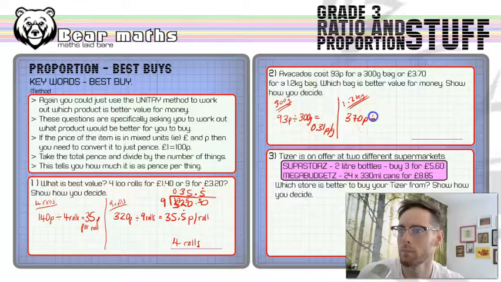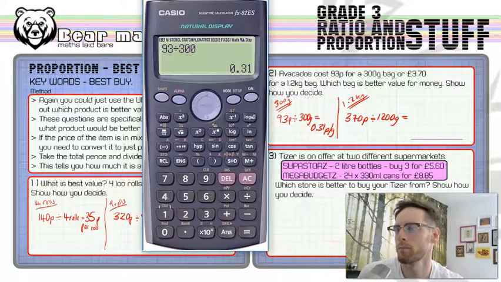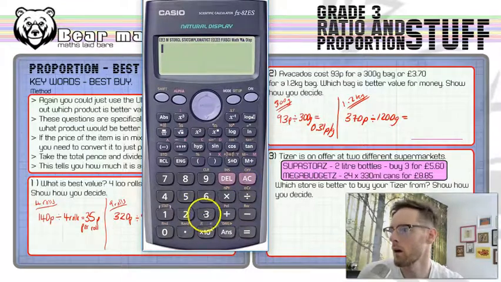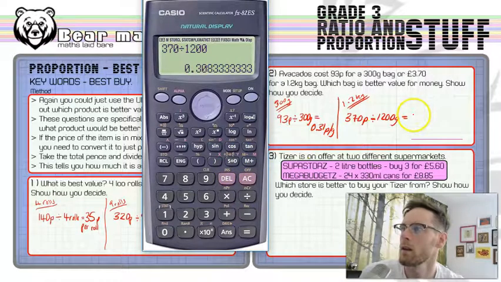So divide this by 1,200, because we're taking the 1.2 and multiplying it by 1,000 to turn it into grams. And that's going to give us 370 divided by 1,200. There we go. And that's going to give us the amount of pence per gram. It is 0.308